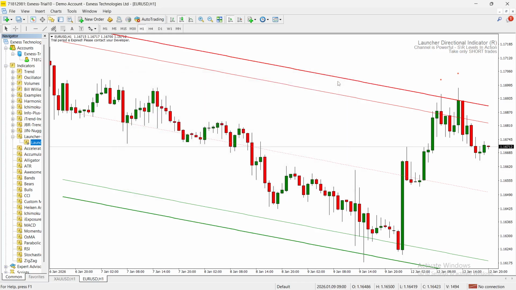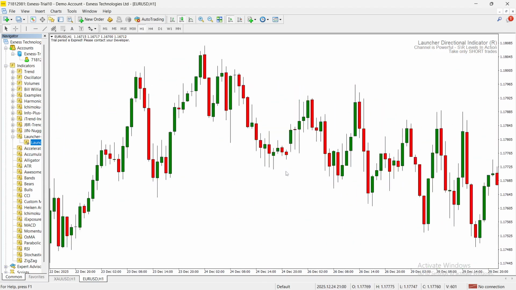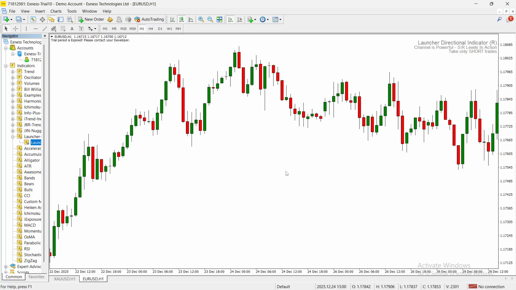As for who it is for, the Launcher Directional Indicator is suitable for intraday traders and swing traders who rely on precise timing for entries and exits within structured channel boundaries, beginners who can benefit from straightforward written instructions without needing deep technical expertise, and experienced traders who use it as part of a larger strategy combined with other indicators and expert advisors. Its strengths include enhancing decision making by reducing guesswork through clear channel structure and written instructions, increasing confidence